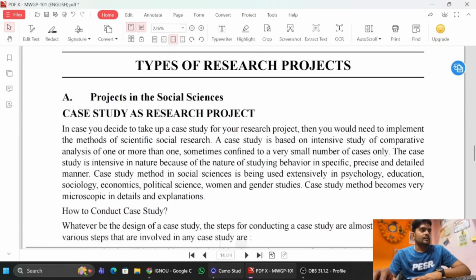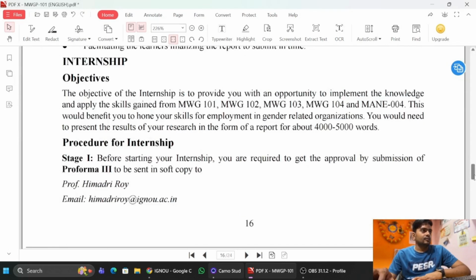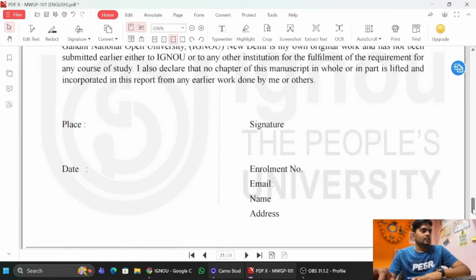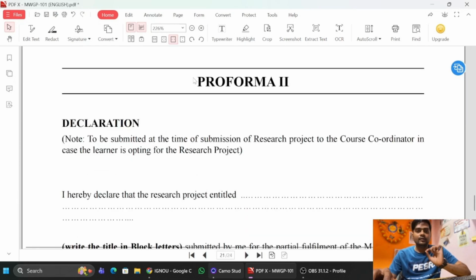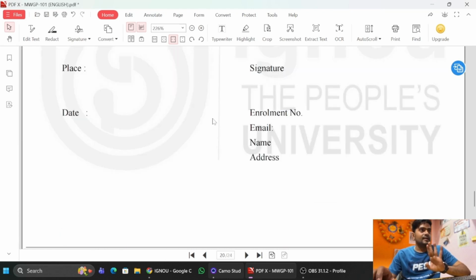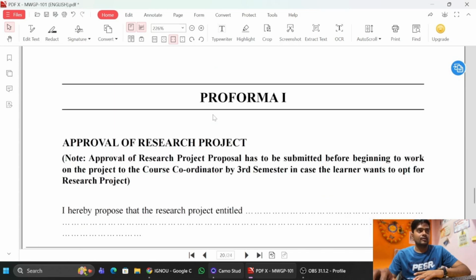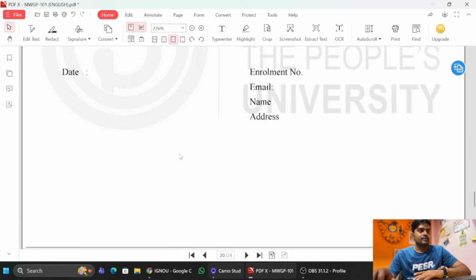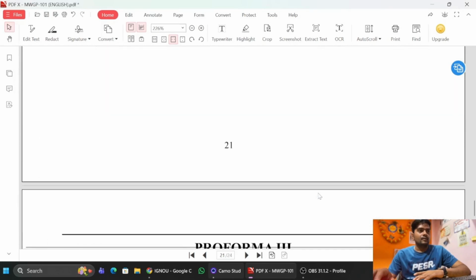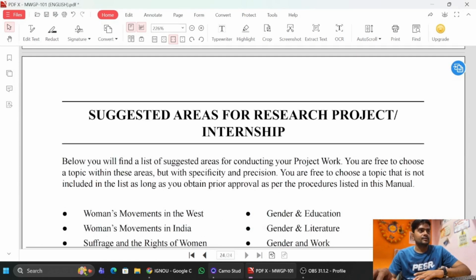Now I'm taking you to the annexes. Okay, I told you about the synopsis, I told you about the project, how to write the project, and these are the annexes that you have to attach with the synopsis and project report while submitting your project report. Okay, for Form 1, approval of research project, everything you have to attach with your project report and synopsis. Okay,